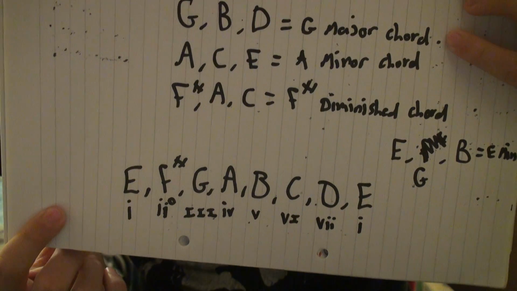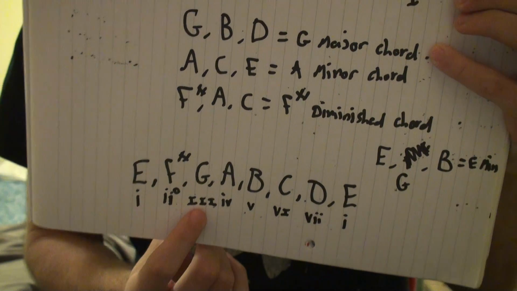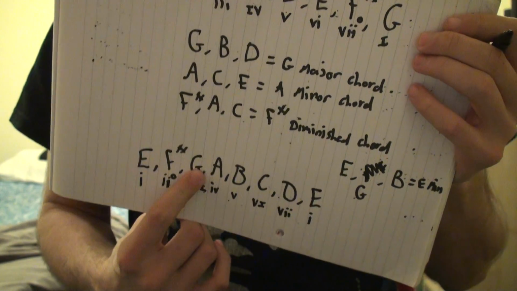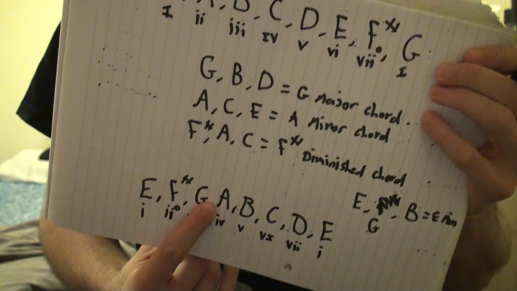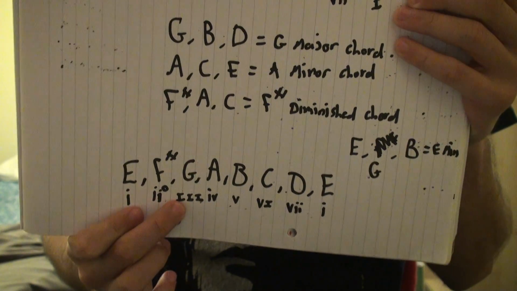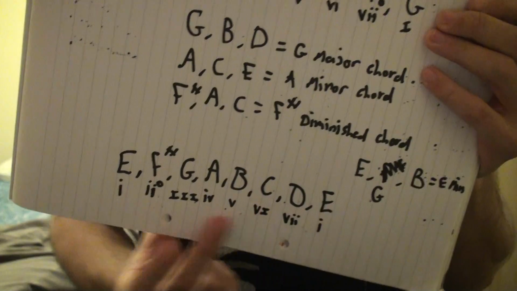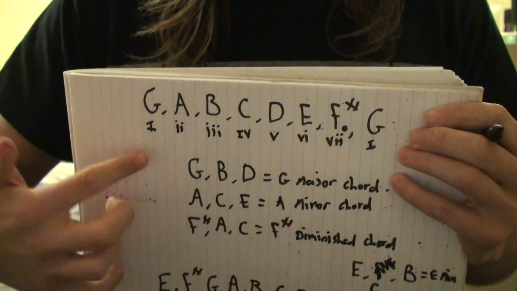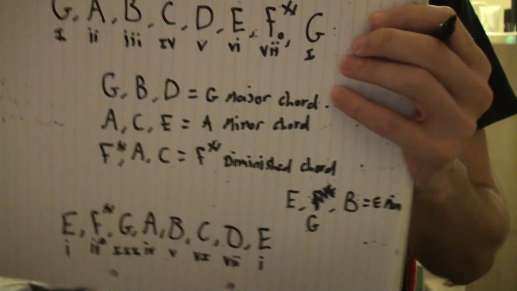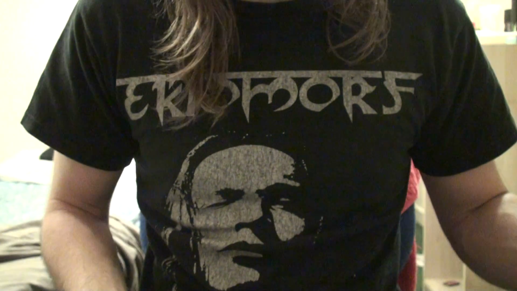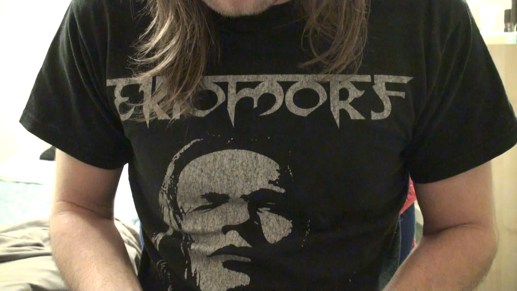Okay, let's work out our first major chord that occurs in the minor scale. Right, so the third interval or scale degree, third note in the key, scale, whatever you want to call it, in a minor key will always be a major chord, right? Because of this chord, it always stays the same. And then with the major keys, this always stays the same. Okay, so we now have G,